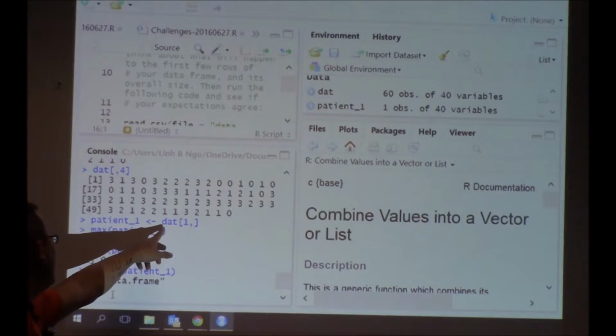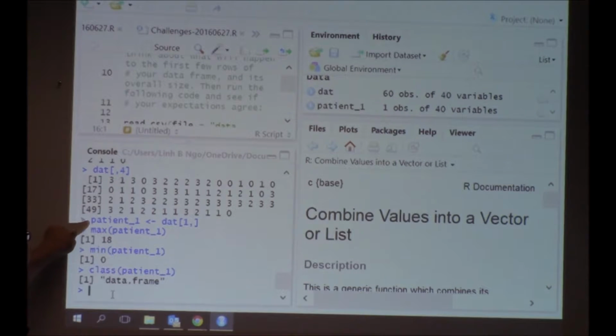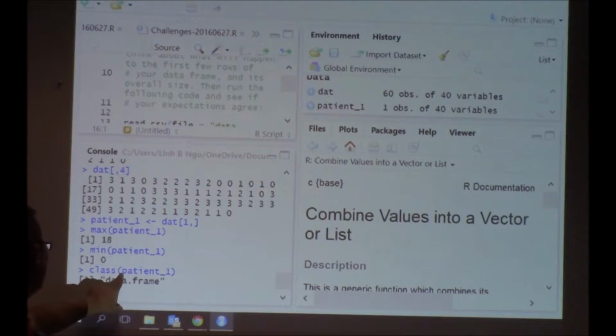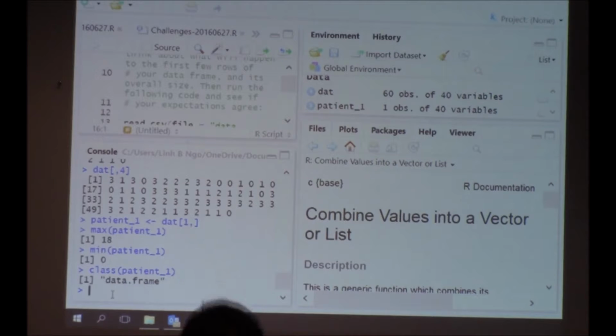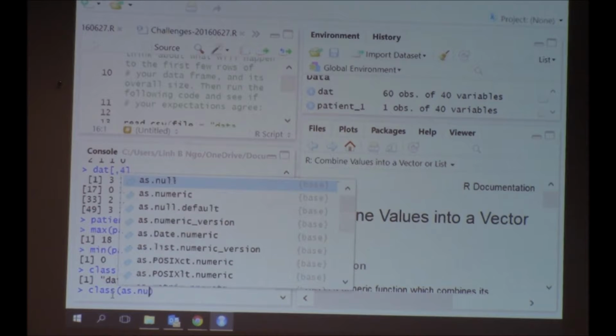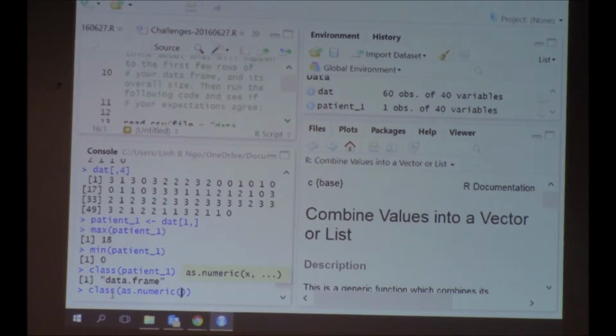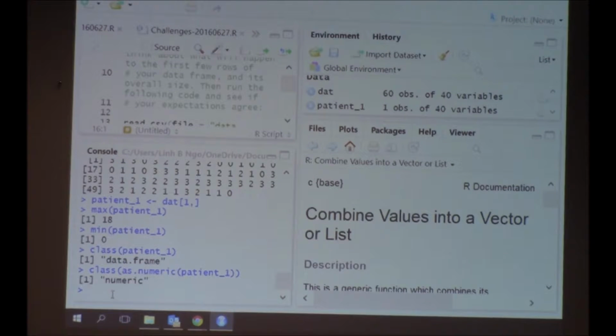When you assign a variable of type data frame to a variable, the subsequent variable is still a data frame. But if you want to convert it into something else, you can also do this. This will convert this into a vector. So we have max, we have min, we can also have